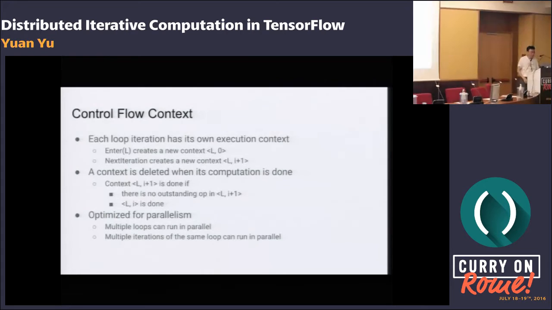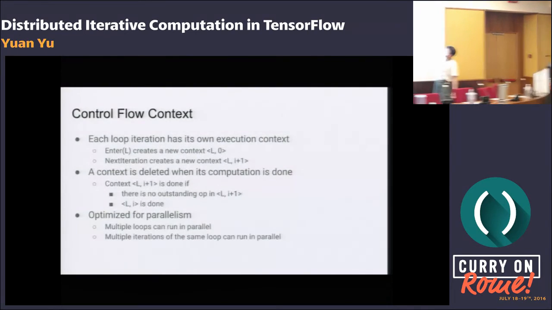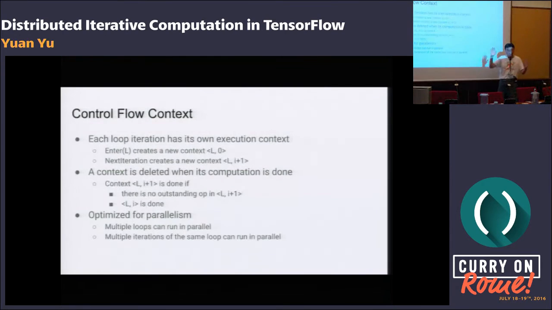Now let's take a closer look at the control flow context. As I said, all the primitives are used to manipulate the control flow context. The enter basically creates a new context, which means we're starting a new while loop. The next iteration is going to create a context with counter plus 1.